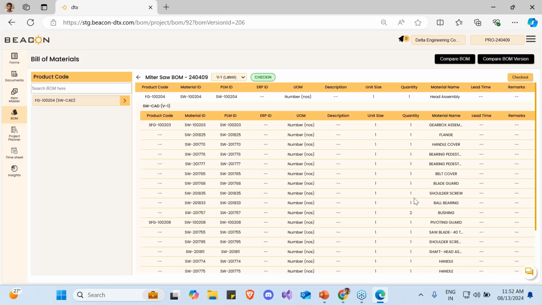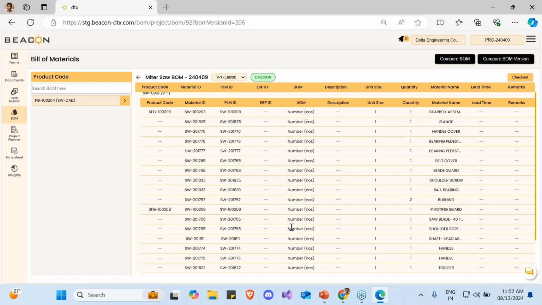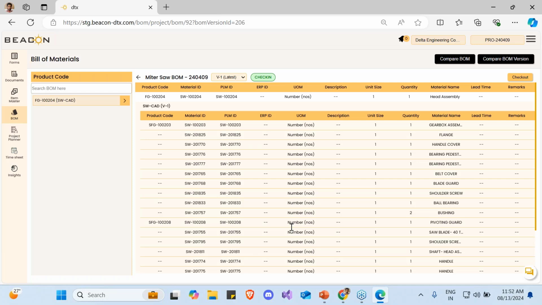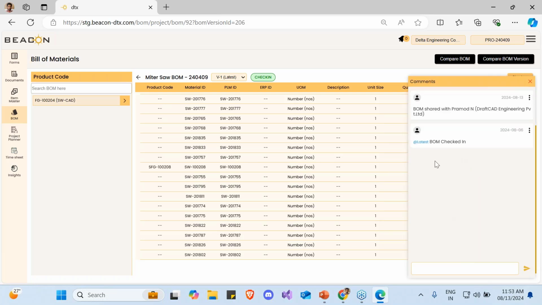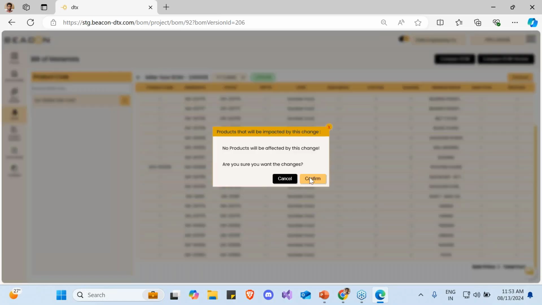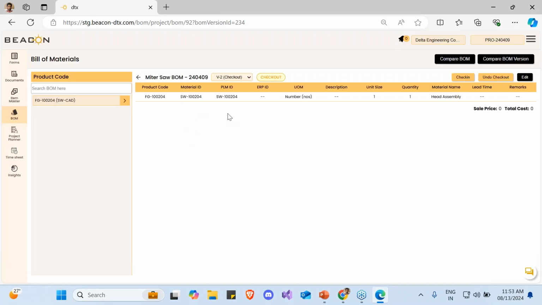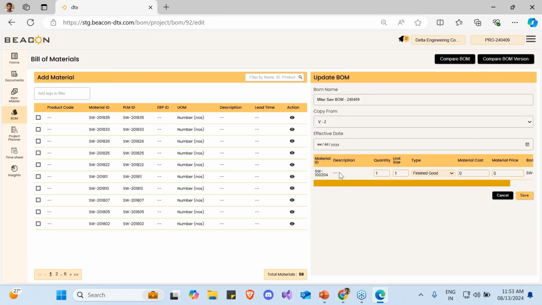Now here I can see the whole structure of this particular bill of material. If I find that one of these contents is not available with me, or there is an issue for certain reasons, I can always communicate it here, saying what the issue is. And if a vendor is aware of the materials that I have, he can also check out this BOM and update the content. He will edit it and say, along with this item, we could add one more item.